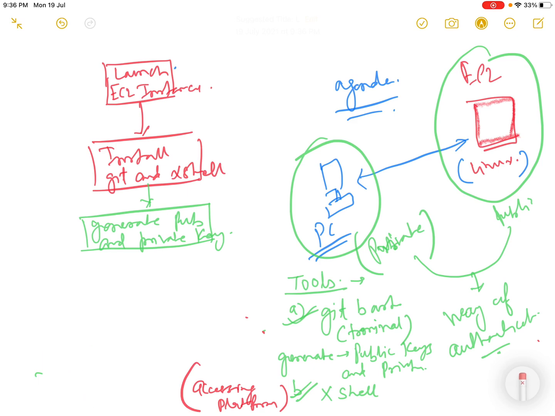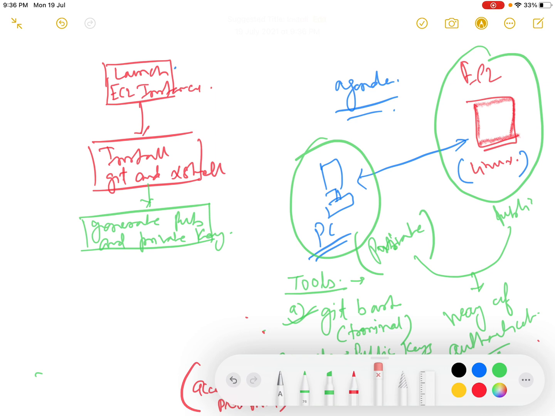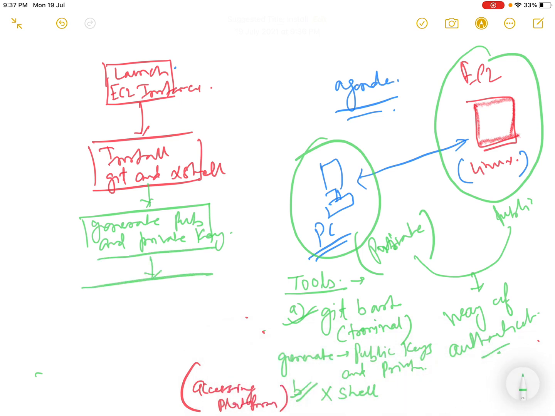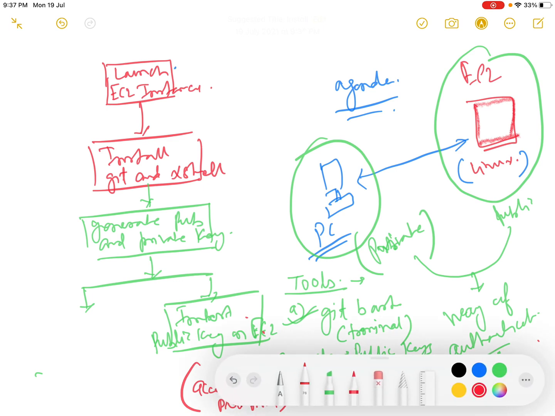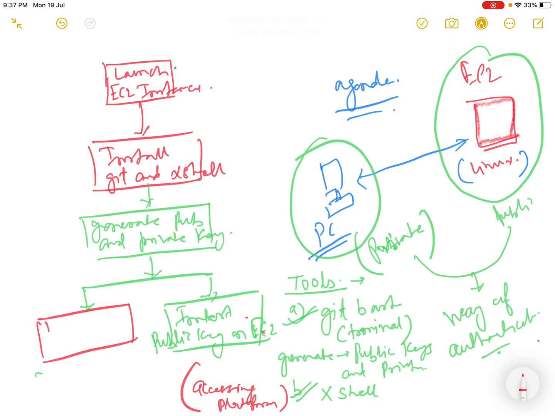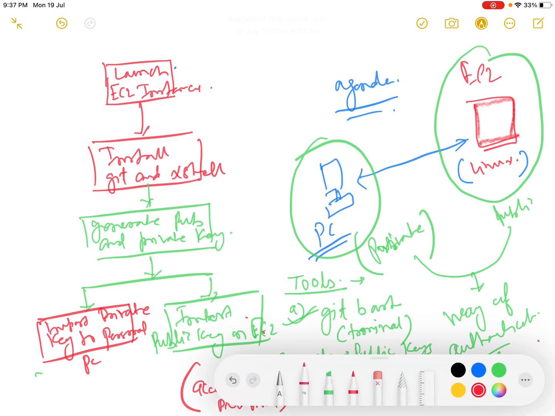Next, what should be done? Import the public key on EC2, and import the private key to your personal PC or the device from where you are going to access it.